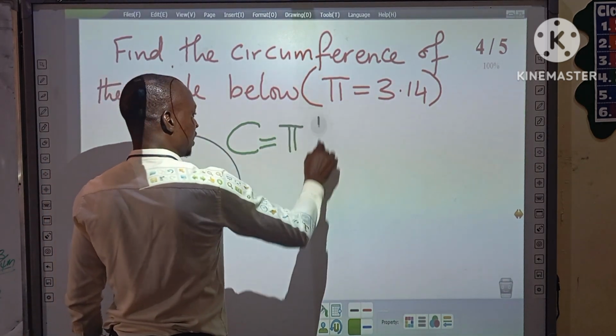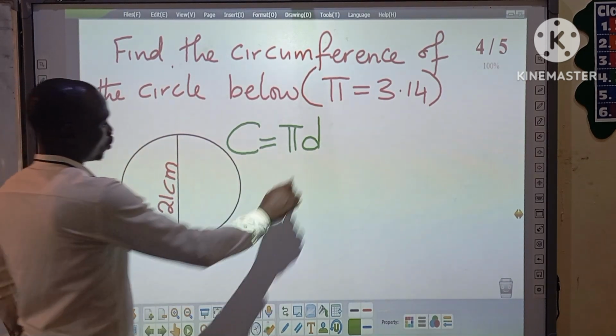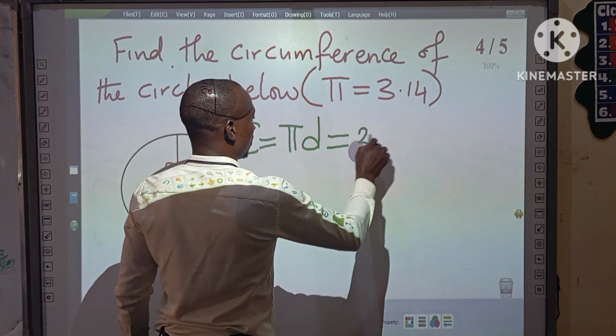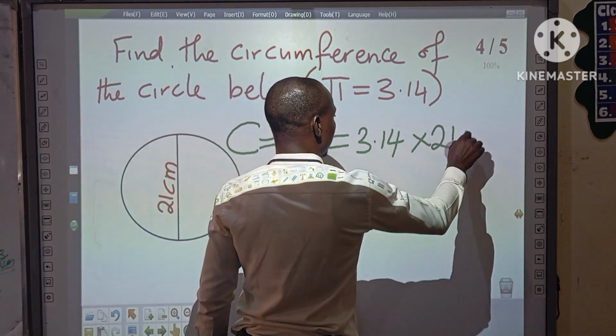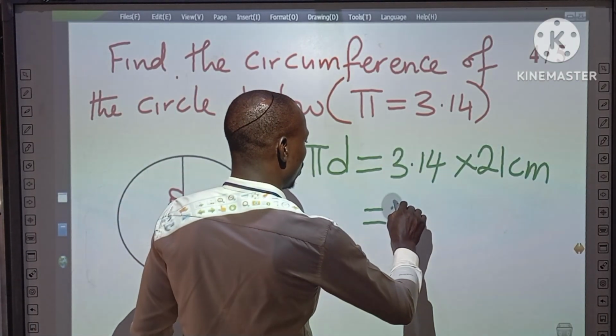pi d. D stands for diameter because we are given the diameter. So we'll go ahead to solve and write it out as 3.14 times 21 cm. 3.14 times 21 will be equal to